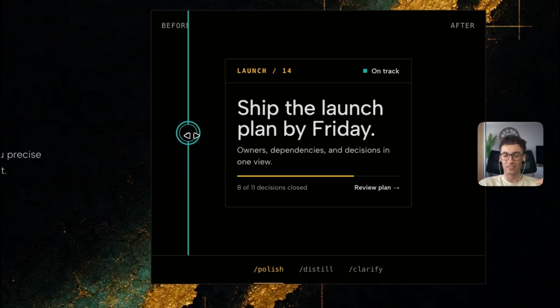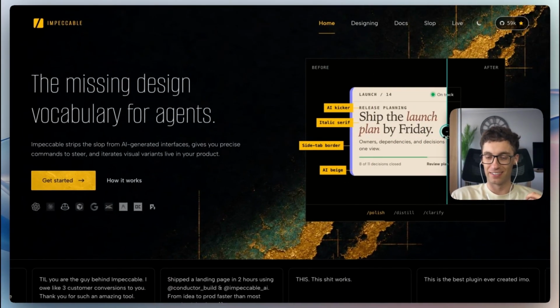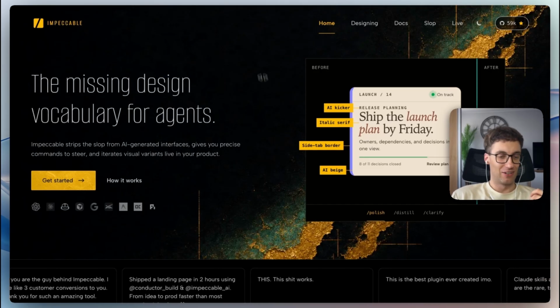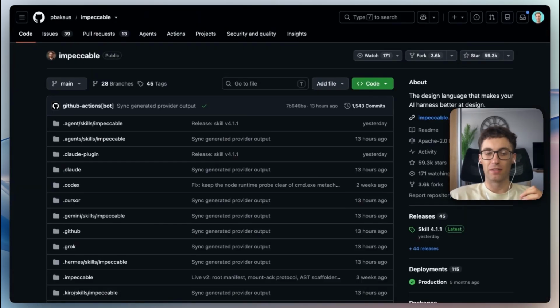So it's a lot less vibe coded looking without the Inter font, without the italic, and without all the typical elements that you see on the AI slop websites like this one. So this is the Impeccable skill, and by far the easiest way to install it is to simply copy the